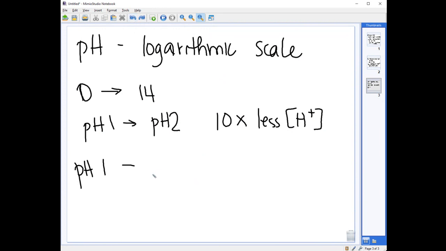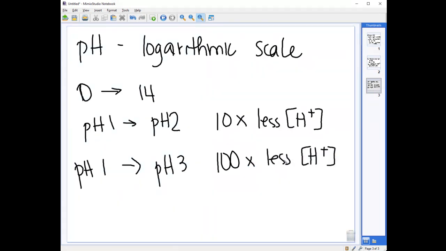pH of 3, then that's 100 times less hydrogen ion because it's 2 steps. So it's 10 times 10, 100 less. And that's because it's a logarithmic scale. A logarithmic scale is based on powers of 10, okay? And really, you're looking at